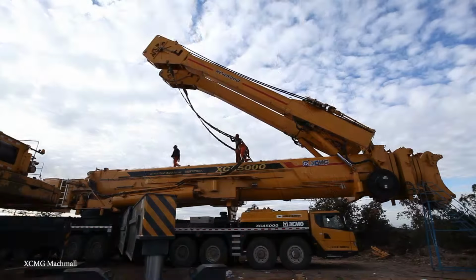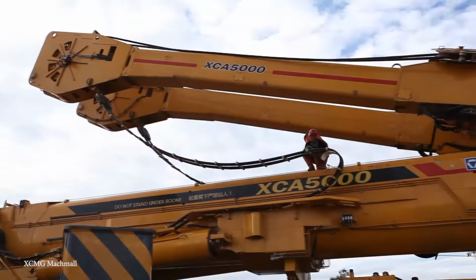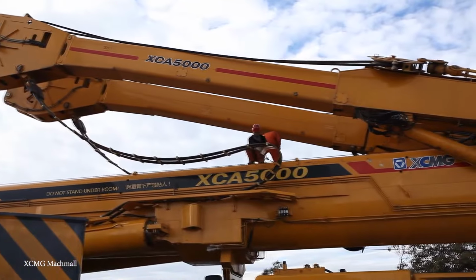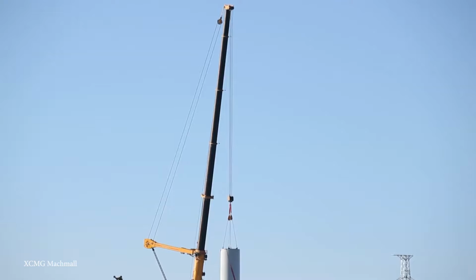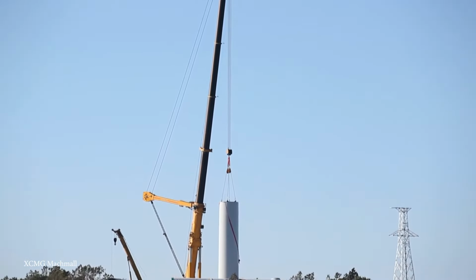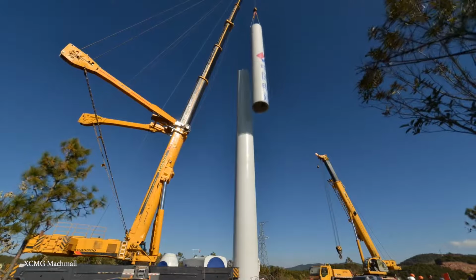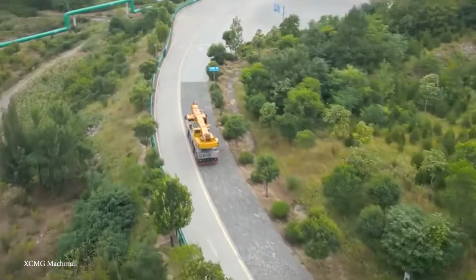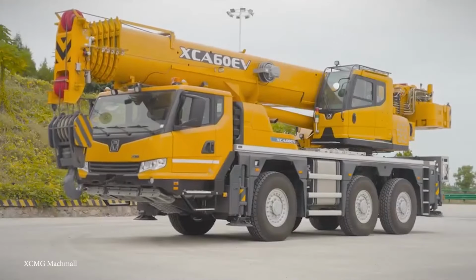They feature an all-wheel steering suspension system that can maneuver through both gravel and sand. They boast a smooth performance on highways and asphalt roads with a top speed of about 55 miles an hour. They can move from site to site independently. They have an integrated boom and a compact design, and the mobile undercarriage allows for better adjustability. Needless to say, all-terrain cranes are pretty cool and useful for construction projects that pose a bit more of a